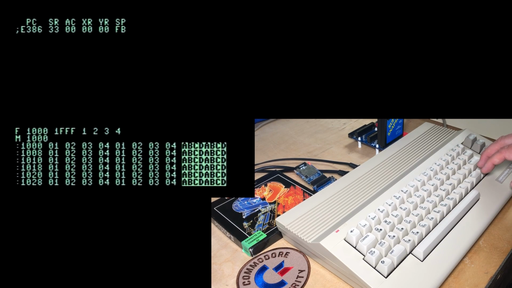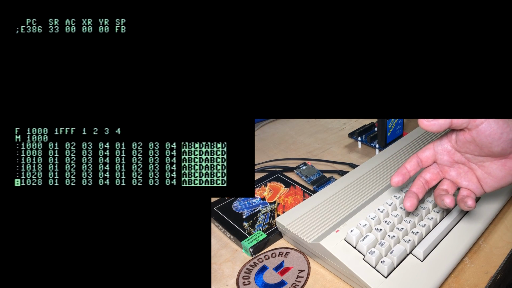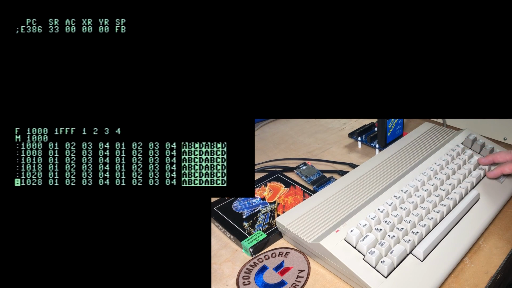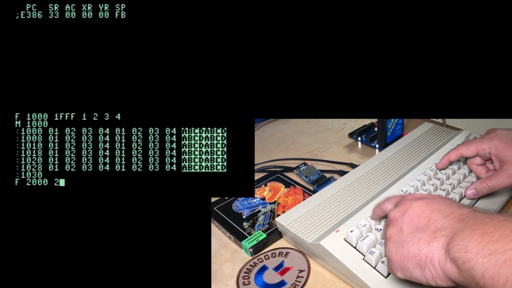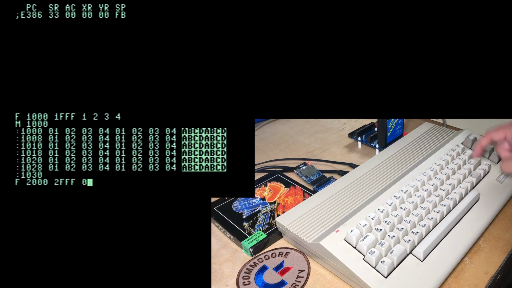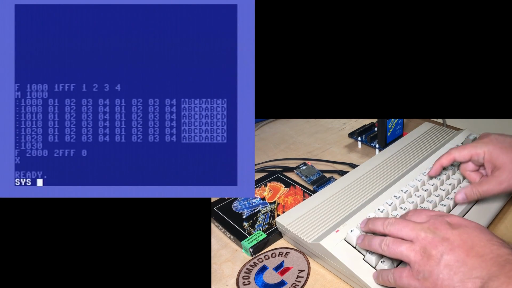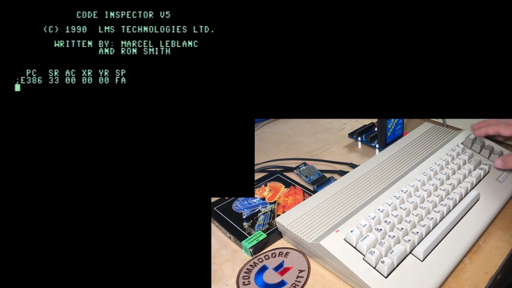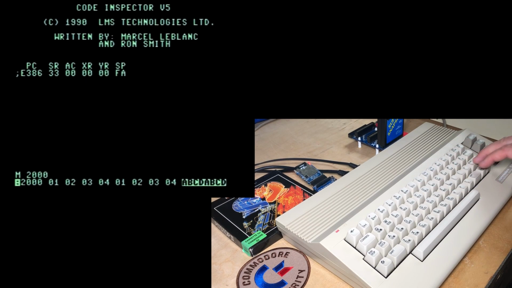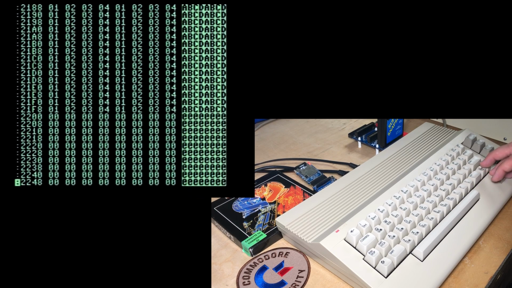Memory 1000. So just in case you didn't like filling with BB, some kinds of bugs could be undetected when we just fill memory with 1 byte. So instead, I'll just fill it with that repeating sequence. And then fill from 2000 to 2FF with just 0, clear it out. We'll exit. We'll call 9 times 256 our routine. Pop back into the monitor, and we'll take a look at 2000. 1, 2, 3, 4. And there we go, right up to 21FF